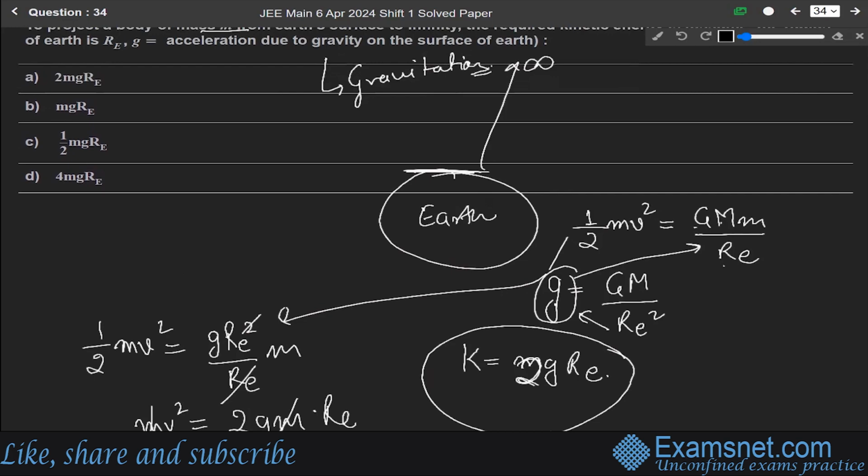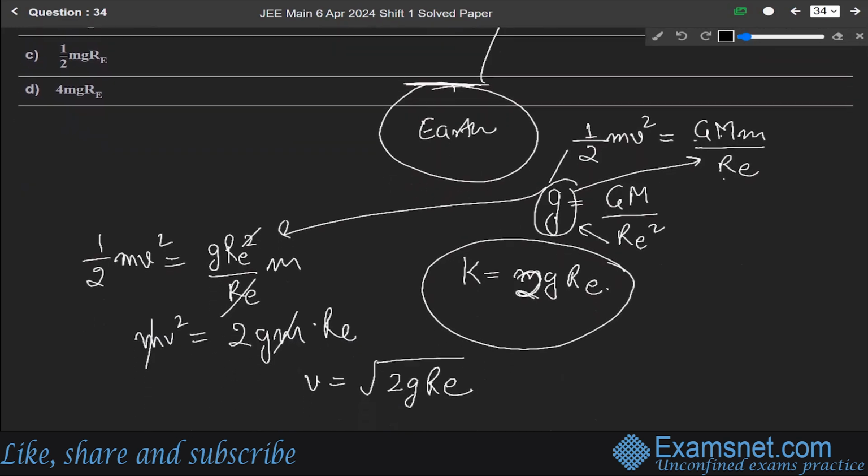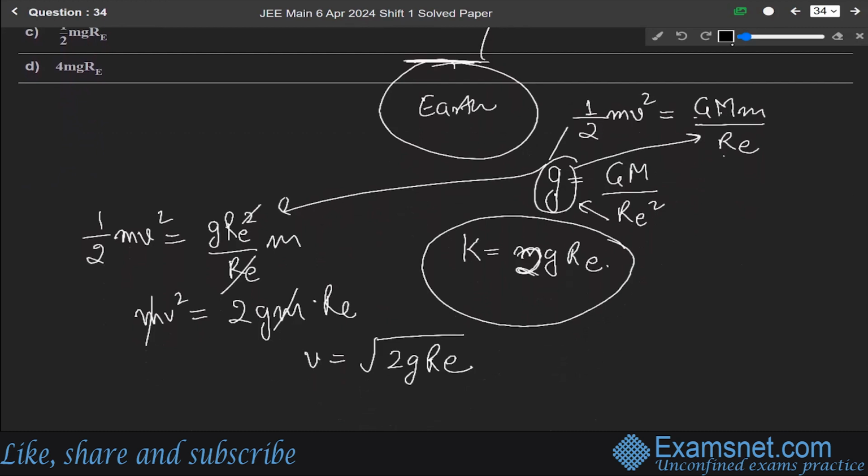But in the question we are not given under root of 2g RE. g is GM over RE square, so in place of GM we put it in half mv square, which will be equal to g RE square over RE into m. So this RE cancels out, and we get v square equals 2g RE. So kinetic energy half mv square will be